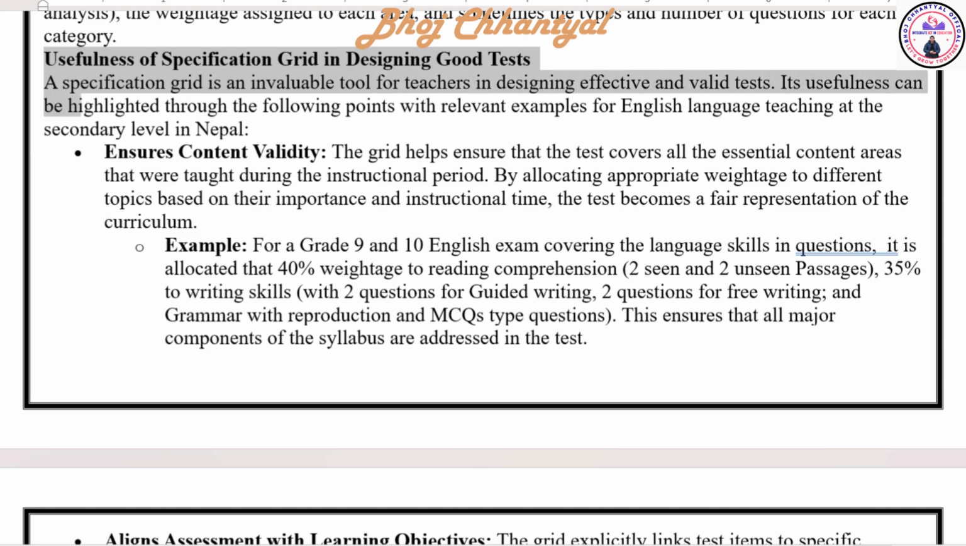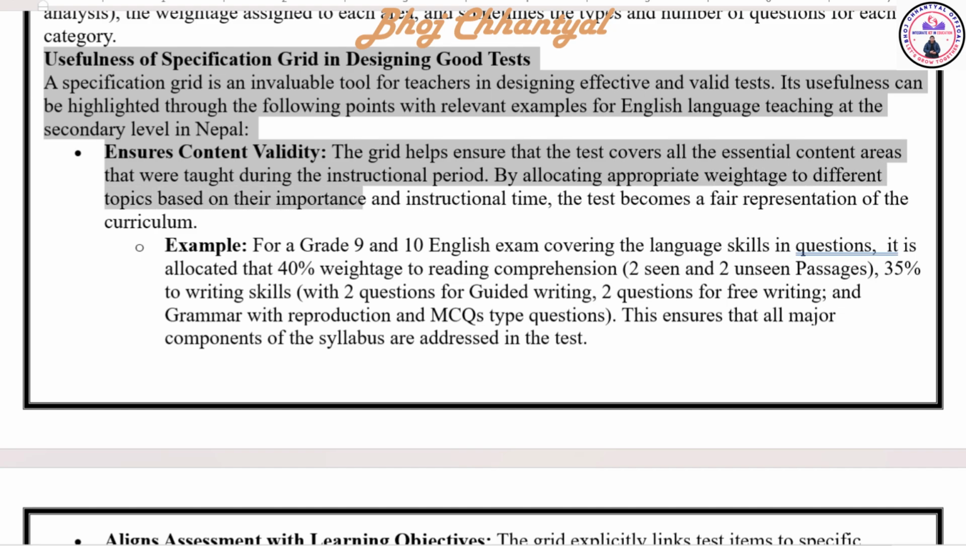Its usefulness can be highlighted through the following points with relevant examples for English language teaching at the secondary level in Nepal. The first point is that it ensures content validity. The grid helps ensure that the test covers all the essential content areas that were taught during the instructional period. By allocating appropriate weightage to different topics based on their importance and instructional time, the test becomes a fair representation